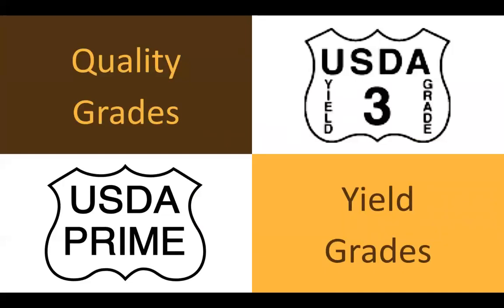There is also a yield grade, which measures the amount of usable meat on beef and lamb. The best grade is yield grade 1 and the lowest is yield grade 5. This means that meat that has been marked yield grade 1 will contain a good amount of usable muscle. If you purchase a piece of beef that is marked yield grade 5, it probably has a large amount of fat